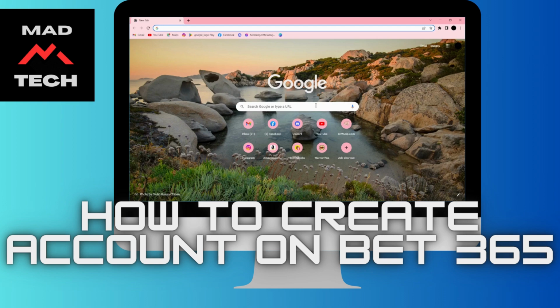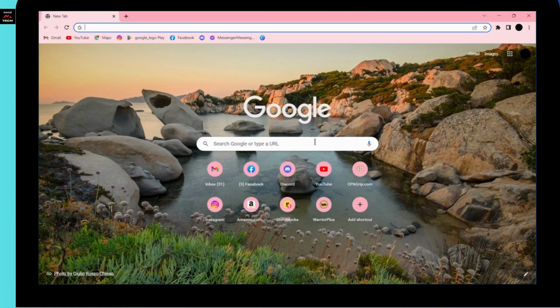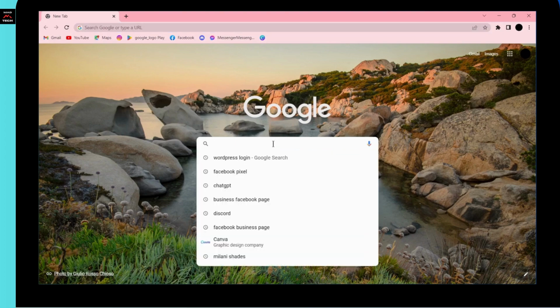How to create an account on Bet365. So if you want to create an account, then first of all open up your browser, any browser that you're comfortable with. I'm here with the Google Chrome browser, and then in the search bar, search for